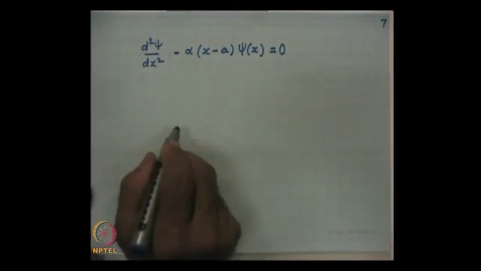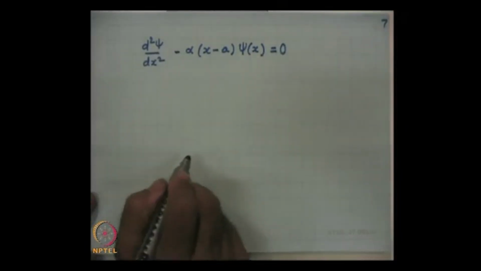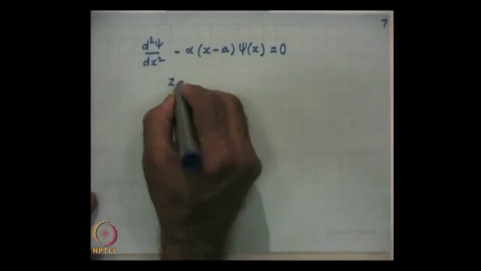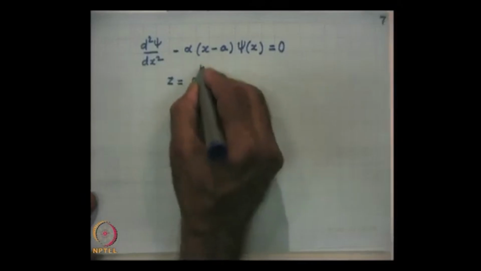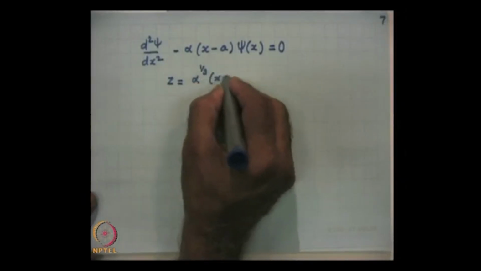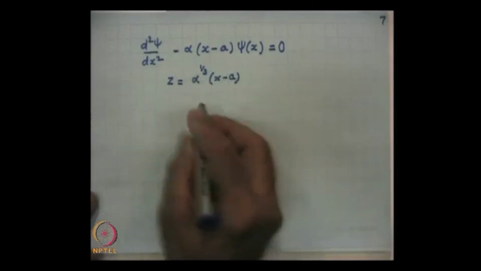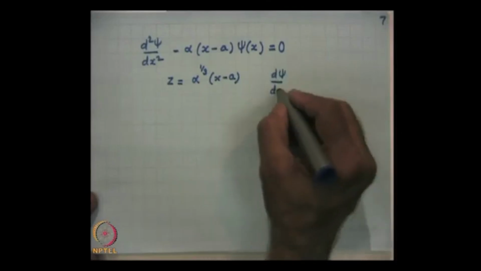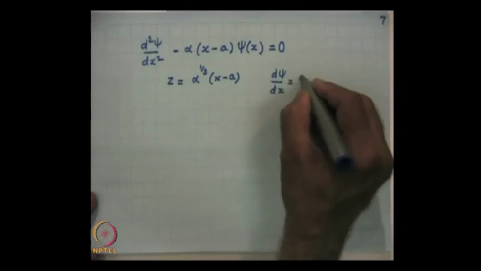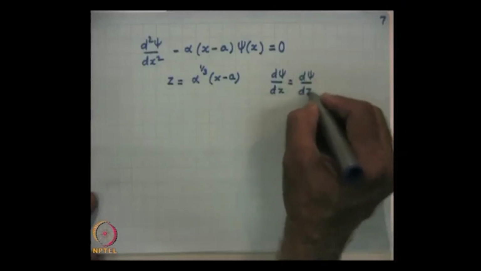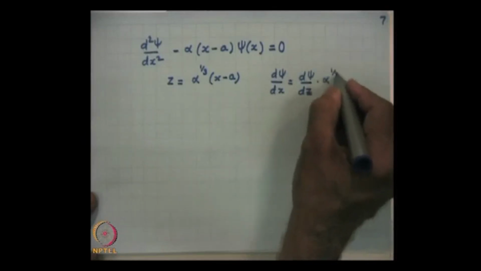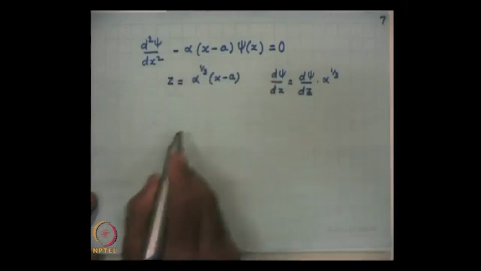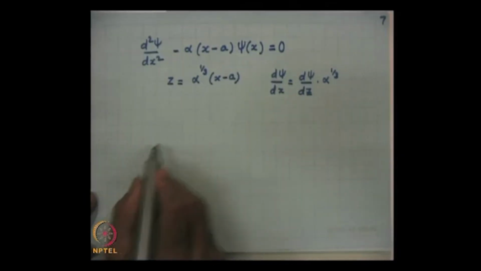Now, I make a transformation. That z is equal to alpha raised to the power of 1 by 3 into x minus a. Then d psi by dx will be d psi by dz into dz by dx, that is alpha to the power of 1 by 3, then alpha to the power of 2 by 3, and then you will have x minus a z by alpha to the power of 1 by 3, and so on. You do that